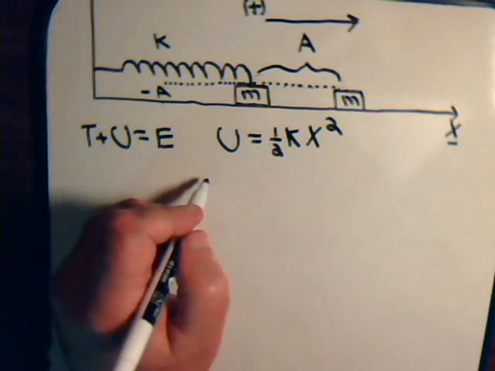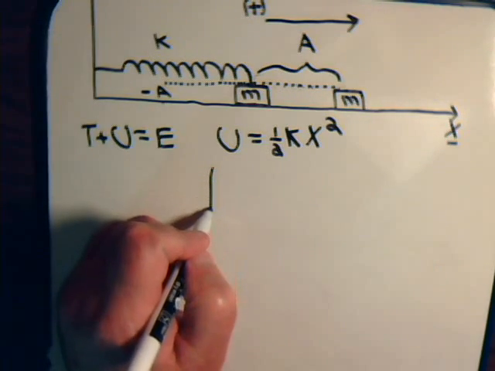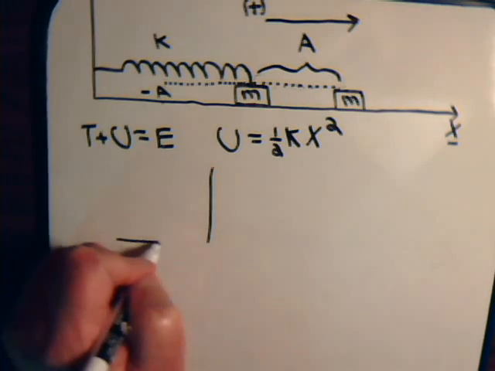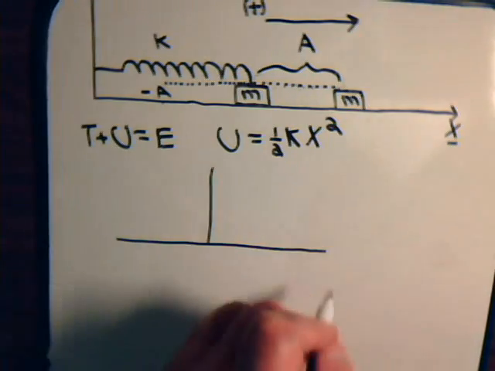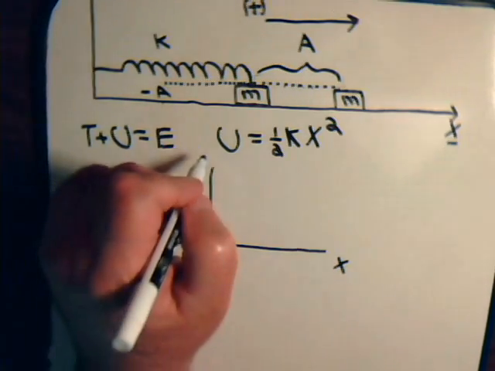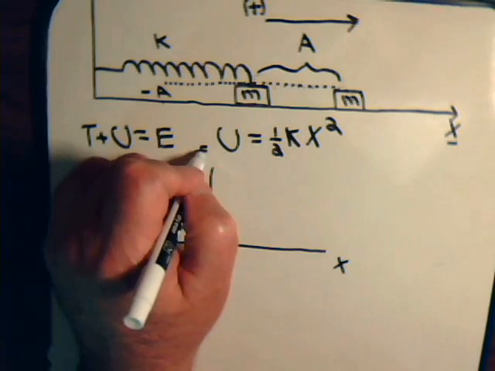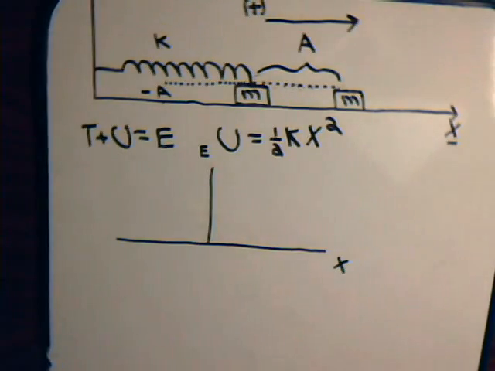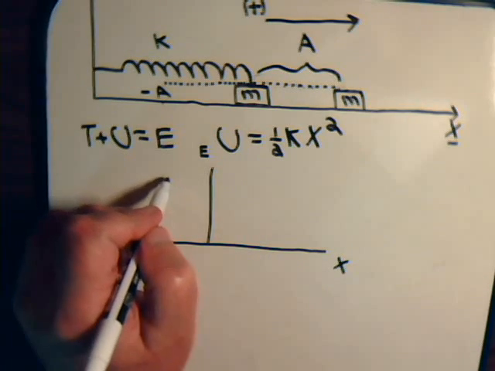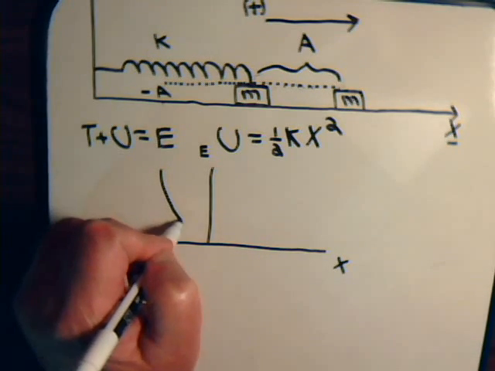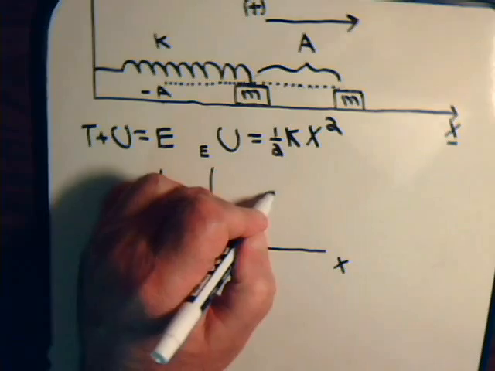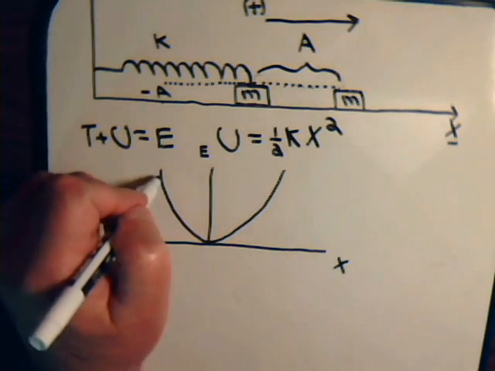So let's just draw a crude graph here. This is x, this is energy. So the plot of the potential energy is going to be some sort of parabola like this,